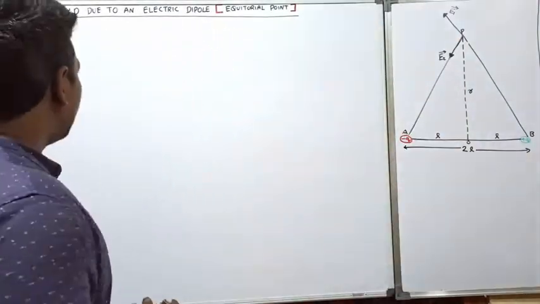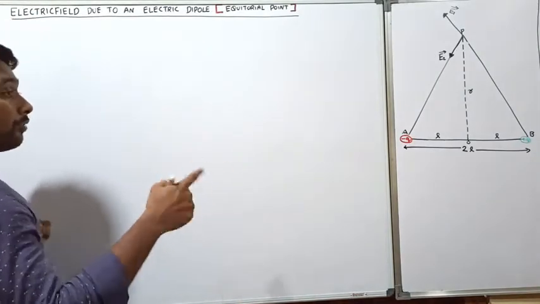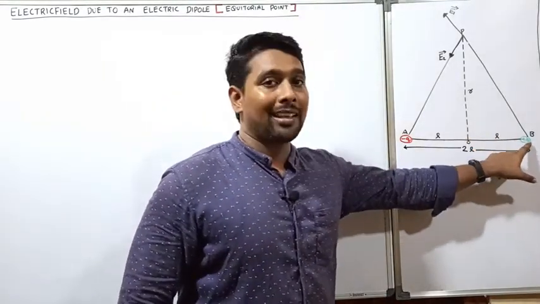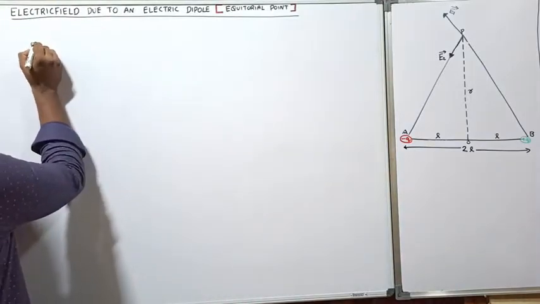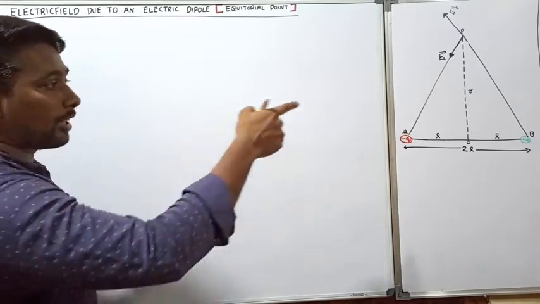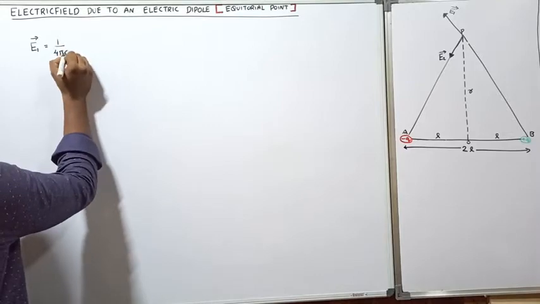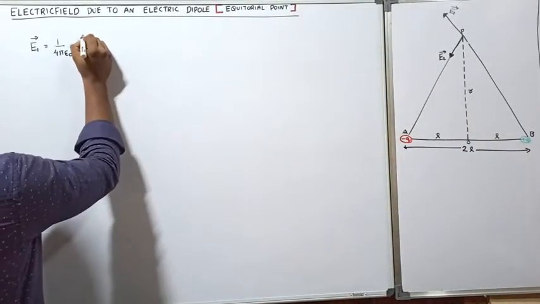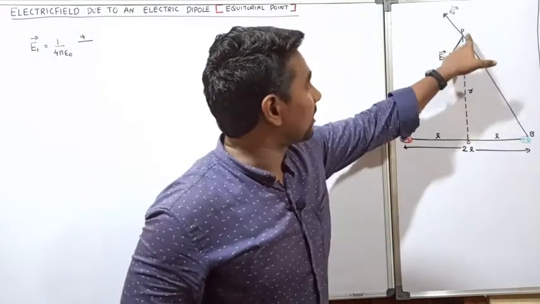Okay, then to find the electric field, we are going to find the electric field due to individual charges. First, we will take the electric field due to this one, that is E1. What is vector E1? That will be the electric field due to that charge, 1 by 4 pi epsilon 0. What is the charge? Q, right? That is Q divided by distance square. What is the distance? This is the distance, right?